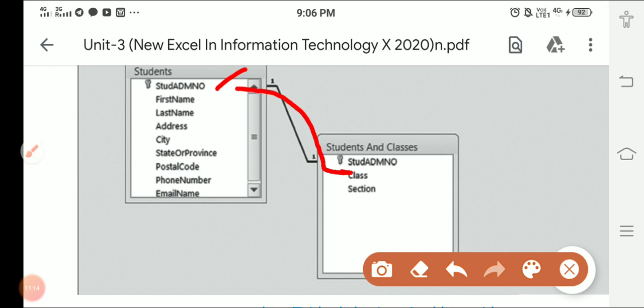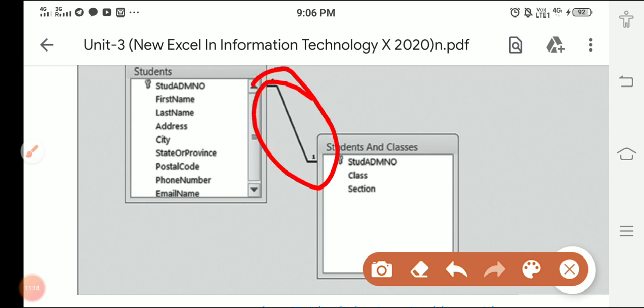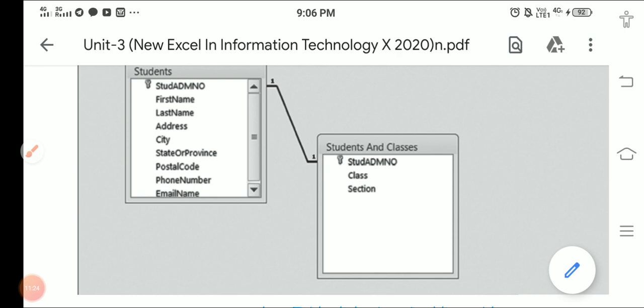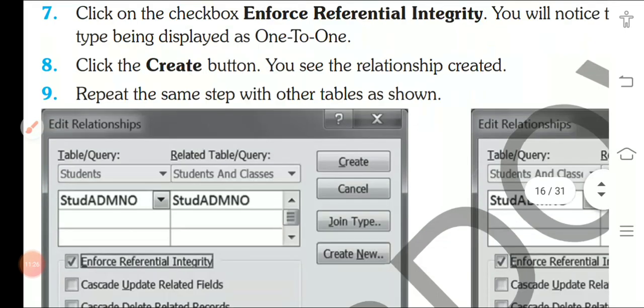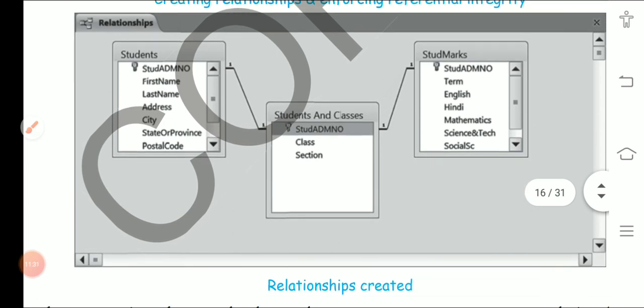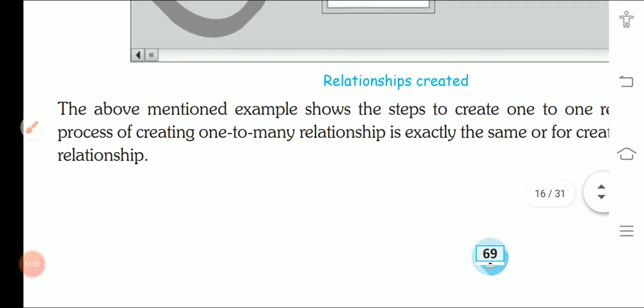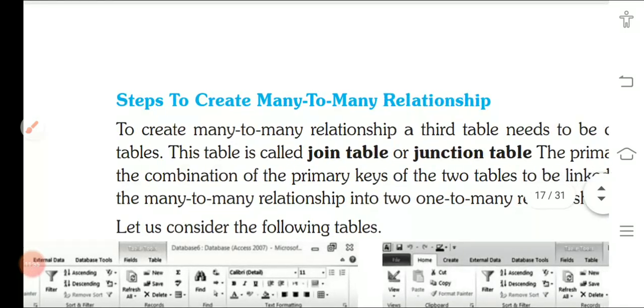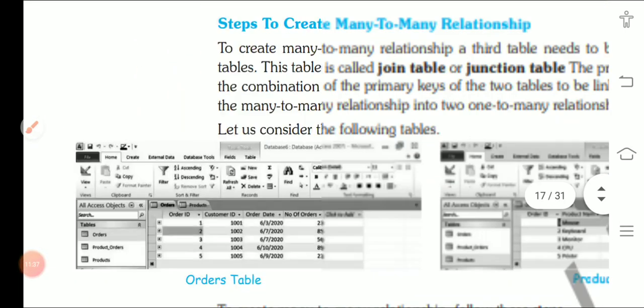When I make this connection, it will display this sort of linking, and this linking shows that you are connecting these two tables. And what sort of relationship is there? One to one relationship. Like this we can connect one to many, and like this we are creating the relationship. Okay, so in this manner we are doing the relationship, and this practical work we will do later on. So thank you class for listening to this. Thank you.